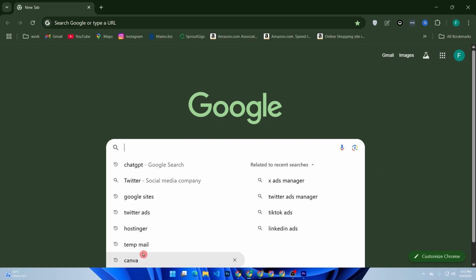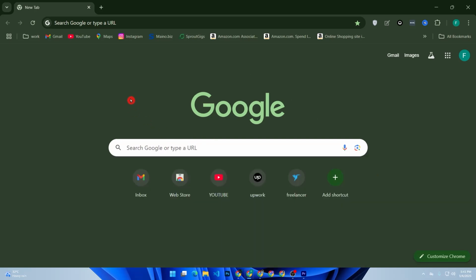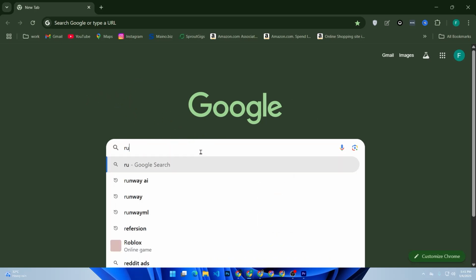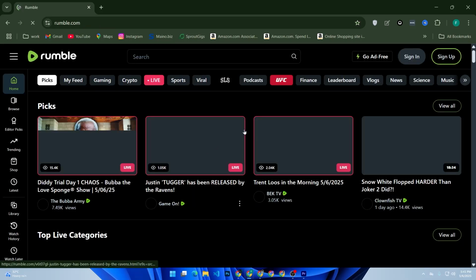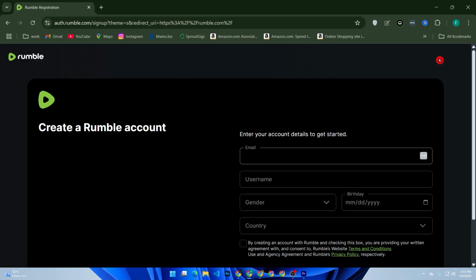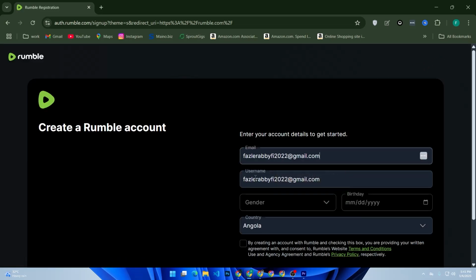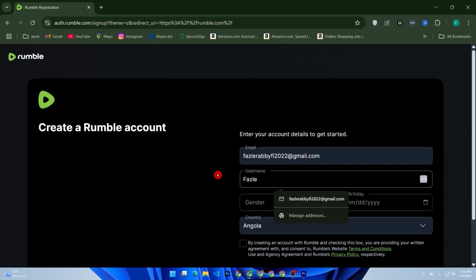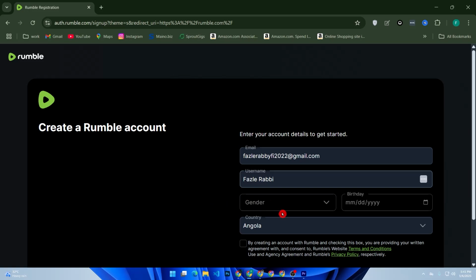For this tutorial, I will use a Chrome browser. So open your browser, then go to rumble.com. Now sign up, click on the sign up button. Choose your email address, enter your username like that. Then select gender, birthday date,